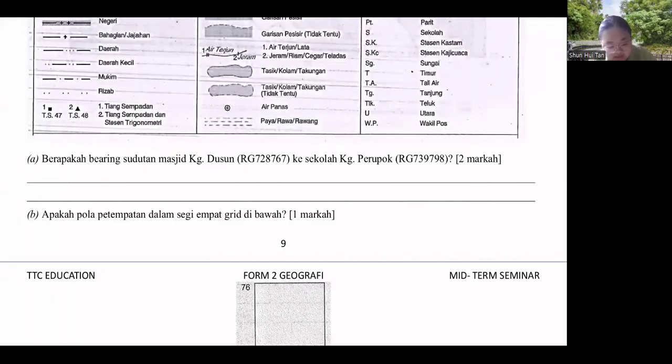Let's say this question is bearing sututan, but normally Form 2 rarely asks. Even though they don't use bearing sututan, sometimes they will say, berapa jarak, okay? Masjid RG 728767 ke sekolah Kampung Perupuk